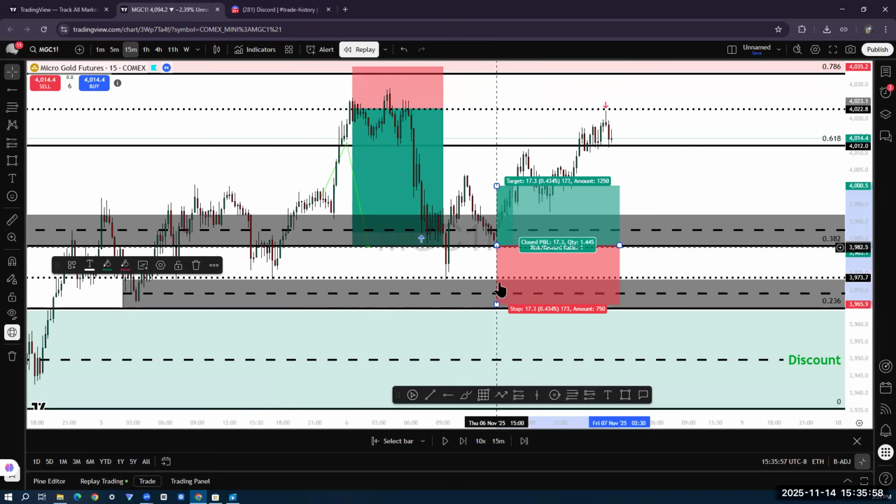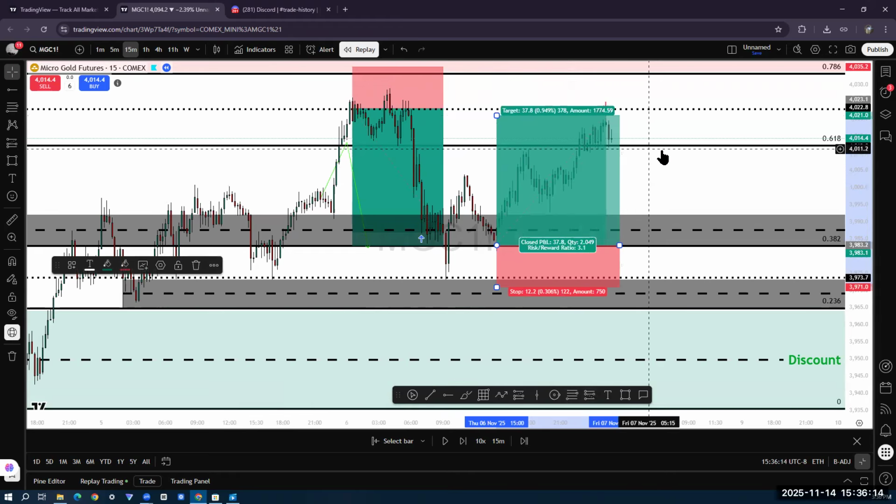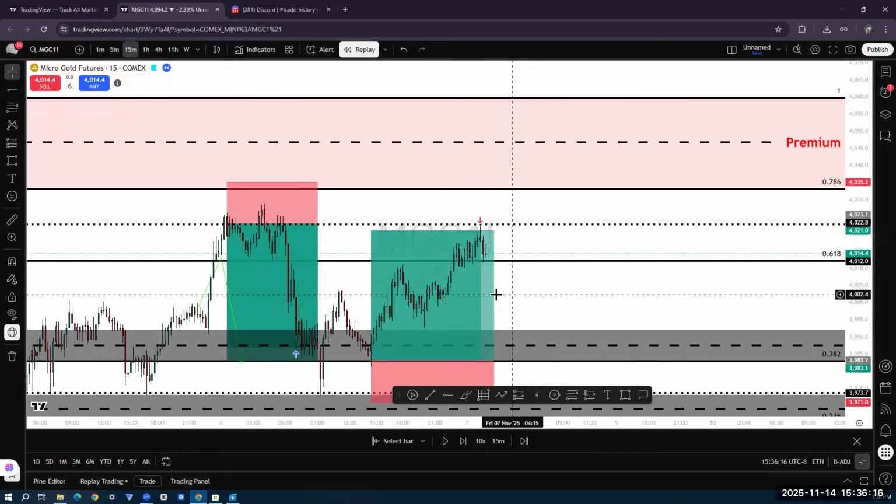I would have taken it here, had my stop loss either here or my normal amount if I'm trying to be fixed, which is 121, which literally is damn near the same thing. That's crazy. This one's 120. Damn near the same thing, targeting a 1 to 3. Bam, bam, bam. Trade after trade after trade.